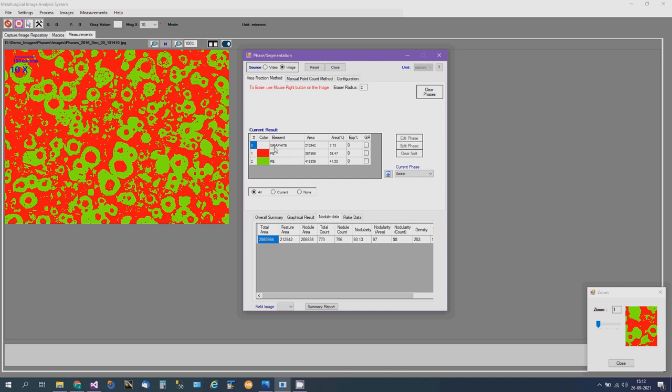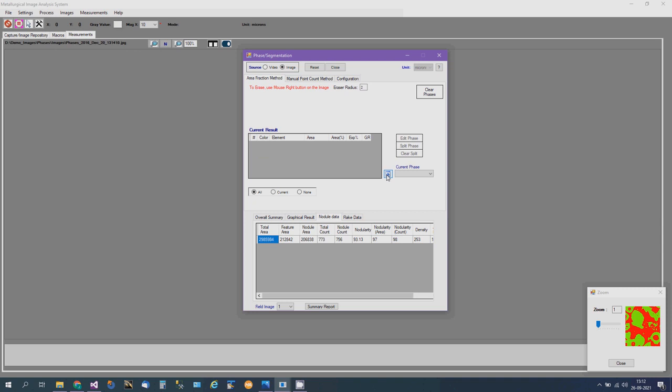But graphite we have already found out in the previous nodularity analysis is 7.13%, which is part of this. So we will tell the system which region contains graphite. So I just click on this. It will reduce the 7.13 from the percentage of the row where I clicked it. Now if you see, the total becomes 100%. And now I have completed my analysis. I add to the cumulative result.